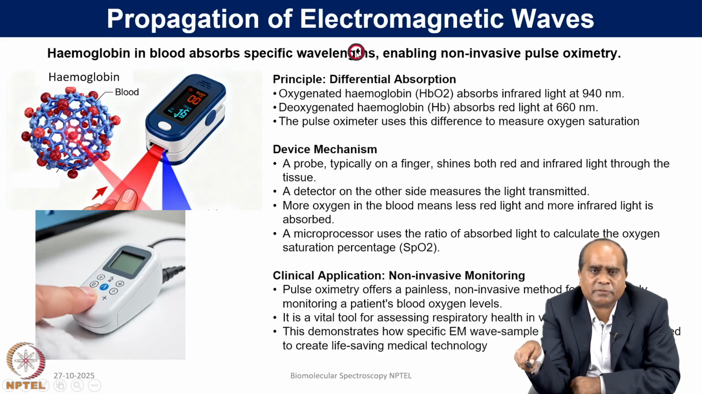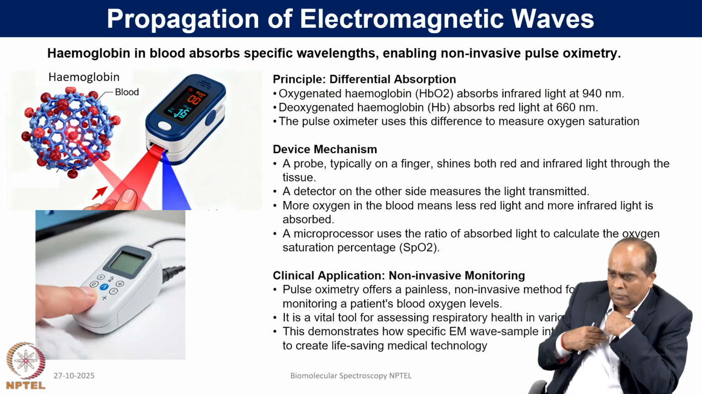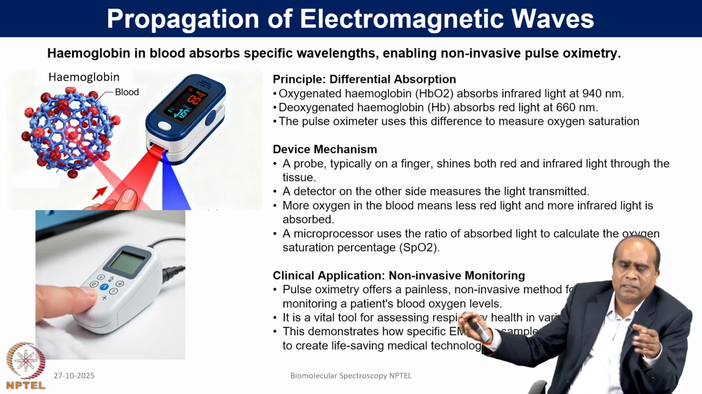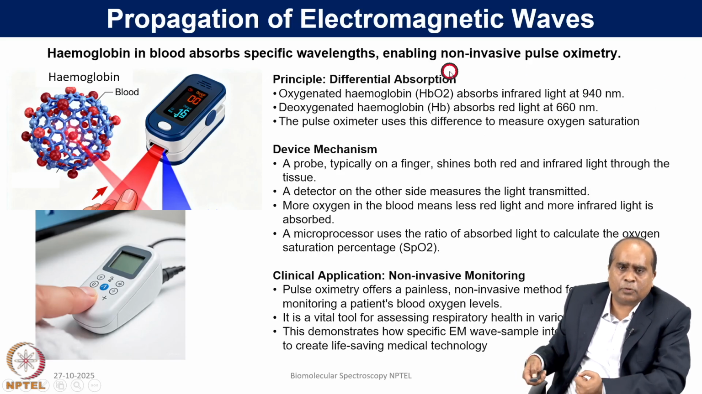So, the principle that we were using is differential absorption. How? Like we take oxygen and then our hemoglobin gets oxygenated. So, that absorbs the infrared at 940, and when it gets deoxygenated, hemoglobin absorbs red light at 660. Now, this absorption happens in infrared at 940, and when it leaves the oxygen, the other one happens. So, we can take this differential absorption, and that is what the pulse oximeter was using, this difference, to measure the